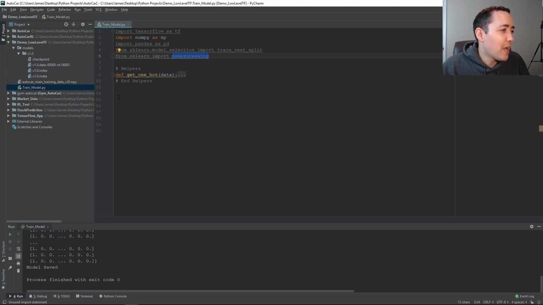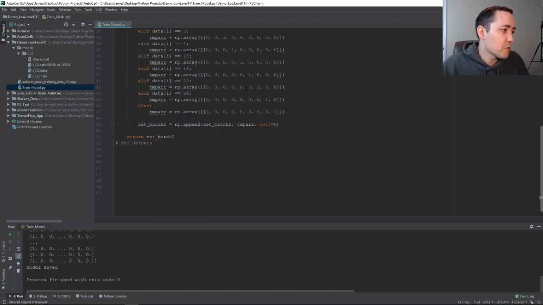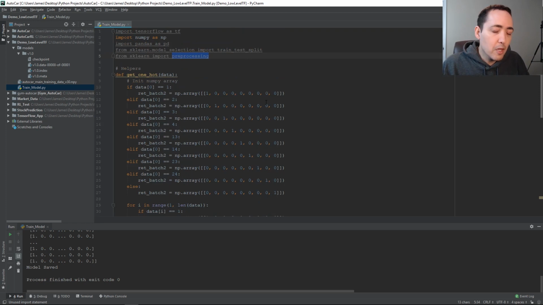Okay, great. I have a simple helper function here, which returns our label data, the data we're trying to predict, the value we're trying to predict. It just returns it as a one-hot array, which is just an array of zeros and ones. We have a possible 9 values. These represent, so the data